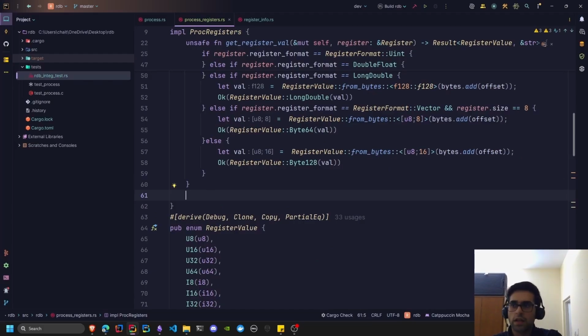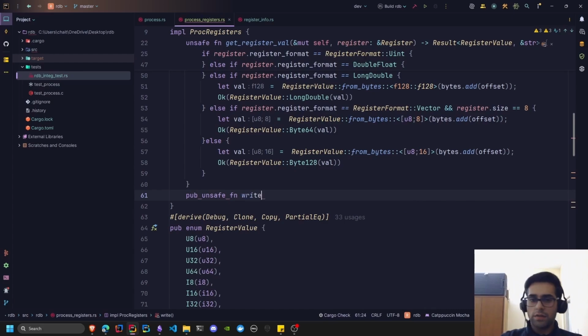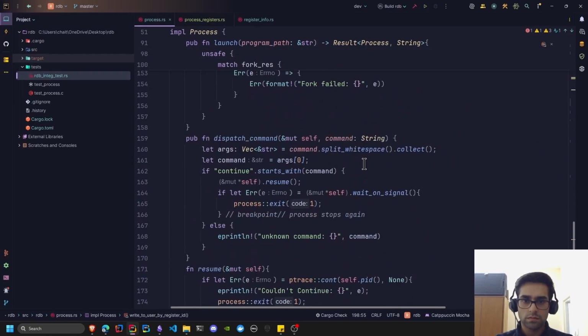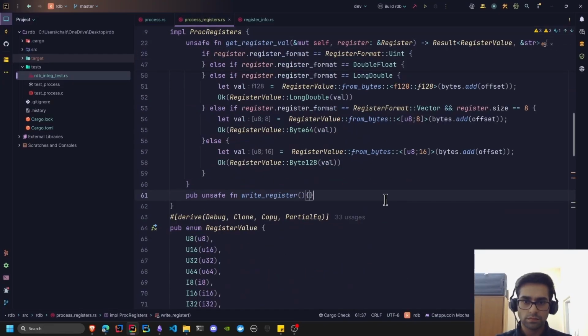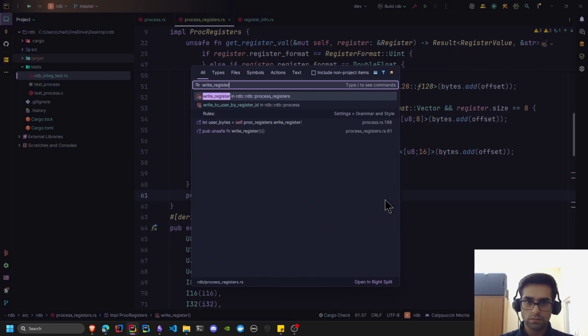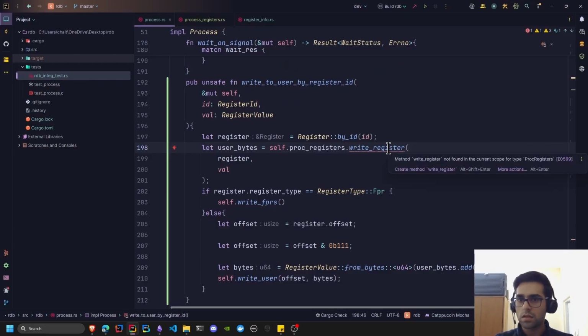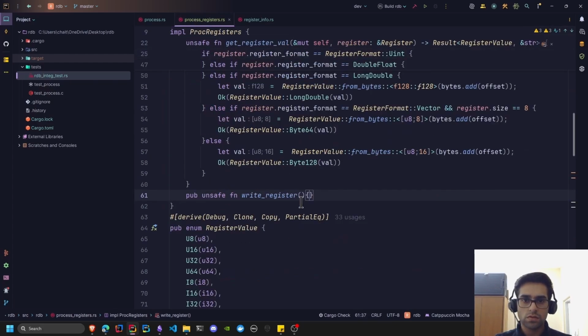So I will create a function, and it's also going to be unsafe, and it will be write register. This is the function that I'm trying to implement right here. So let's implement this,